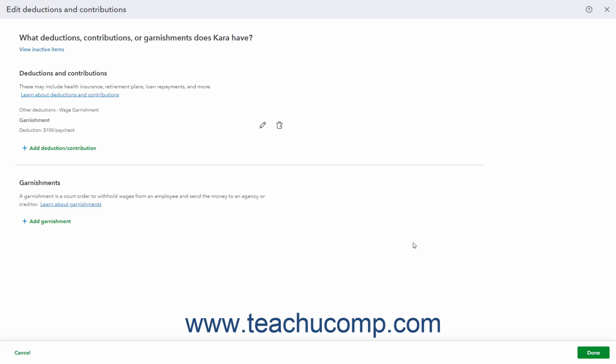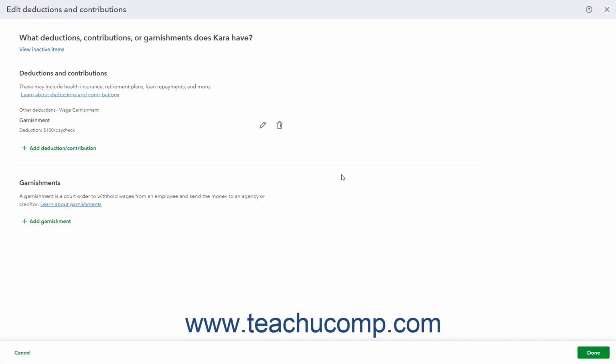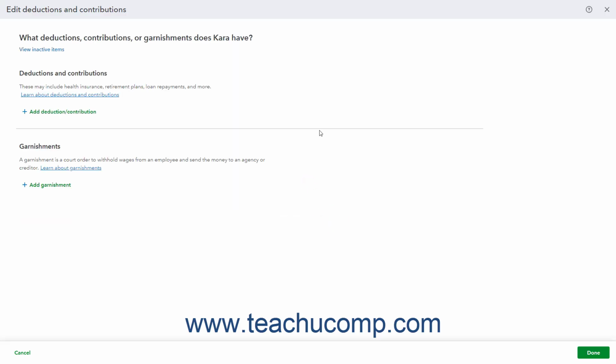If needed, you can then click the pencil icon for that deduction or contribution on this employee's page to edit its information for this employee. Alternatively, to delete the deduction for this employee, click the trash can icon and then confirm the deletion in the window that opens. To enter a garnishment for this employee,